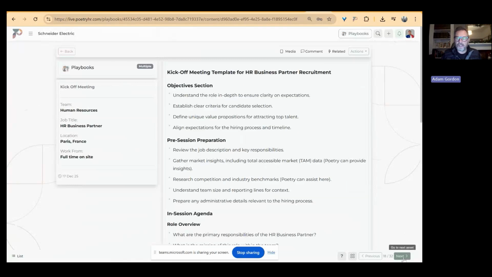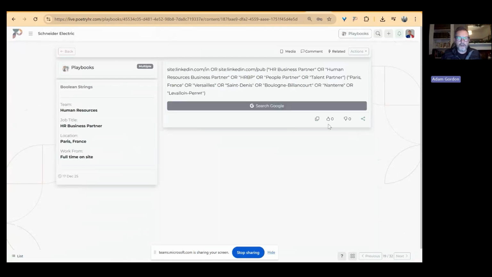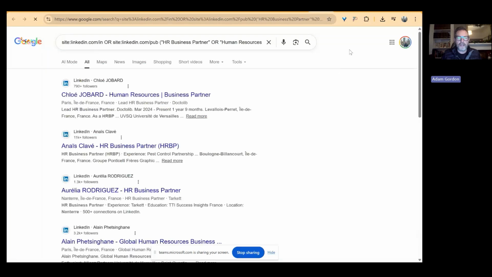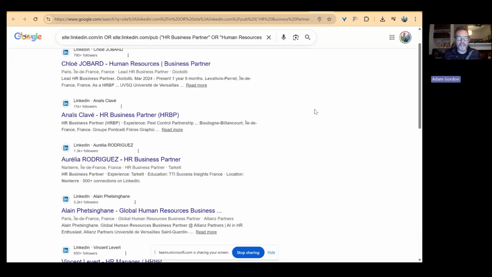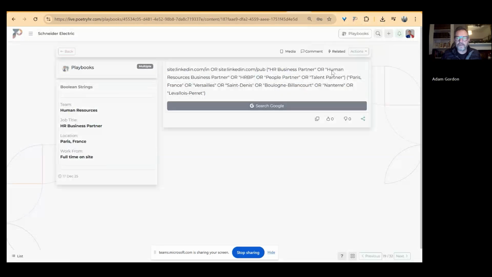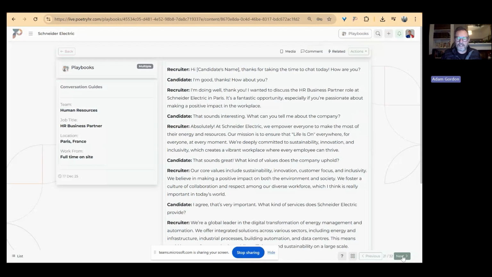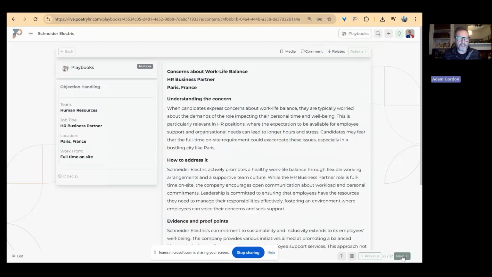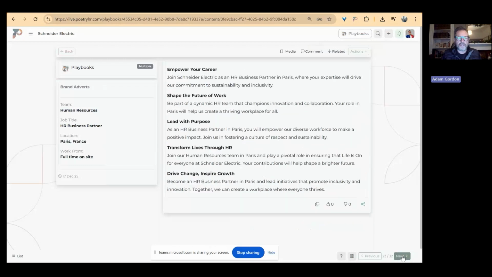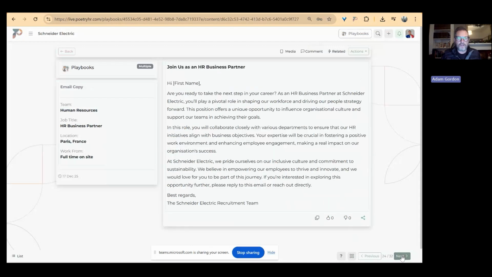Here's my kickoff meeting, how I'm going to structure that with the hiring manager, my Boolean strings, search Google, HRBPs and similar in and near Paris. Outreach messaging, conversation guide. So this is like an elevator pitch type of thing. Objection handling responses, brand adverts if I need a volume for a volume campaign, email copy if I've got people